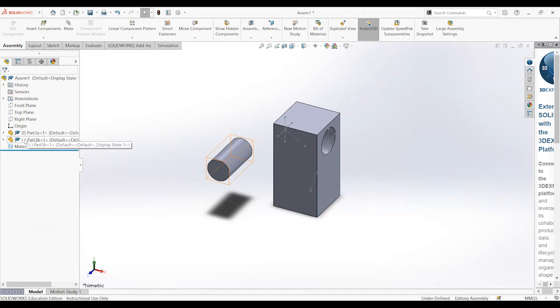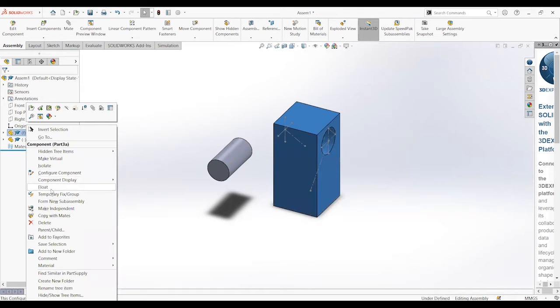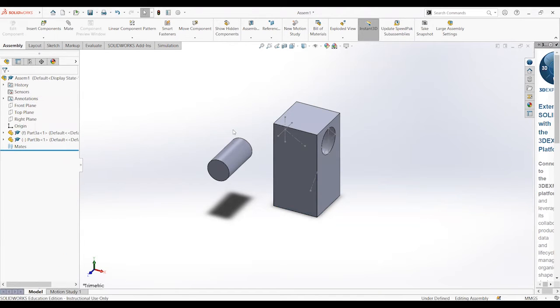Okay, so first thing to notice is that the first object is fixed, which is the square one, and then the cylinder is not fixed. To change this, you can right click on the object and say float. So what we are interested in assembly is to make a relationship between different solid bodies